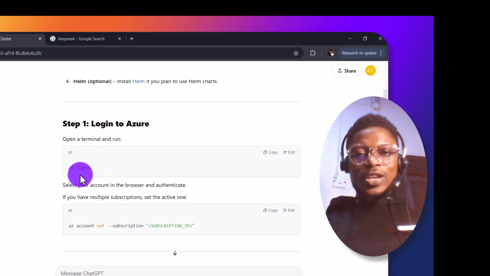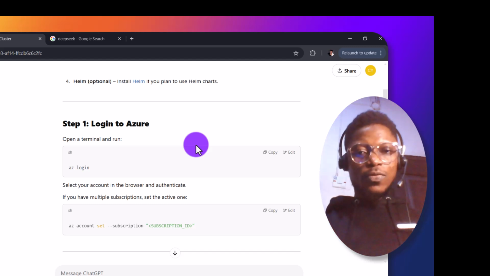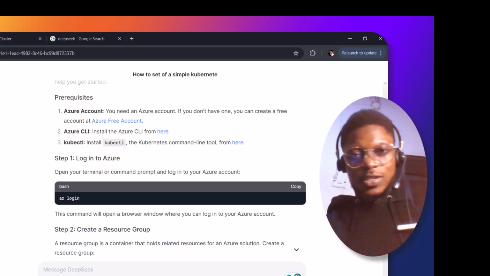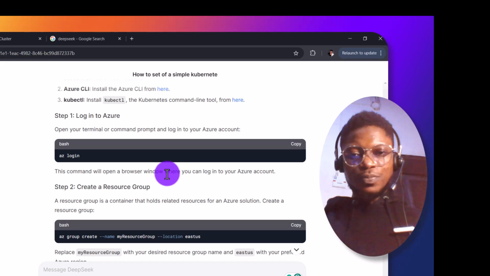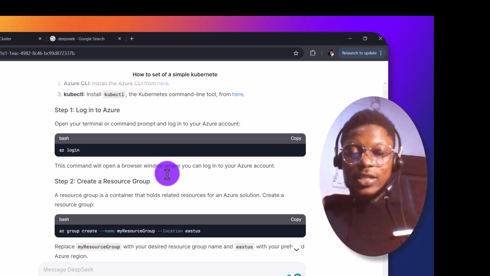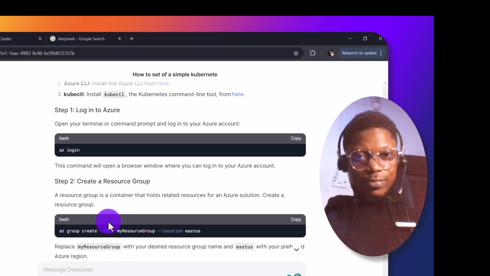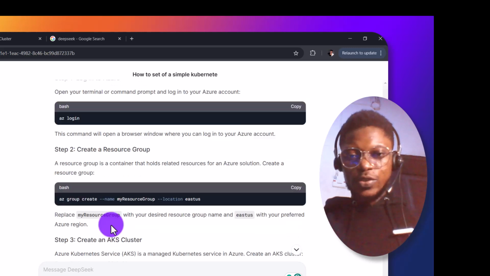So it shows the login environment, but it's not really this colorful, like what DeepSeek is saying. Okay, let's see what more they have to offer. So when DeepSeek came in to say that we should create a resource group, okay, fine. Then it also gave us colorful output like this.